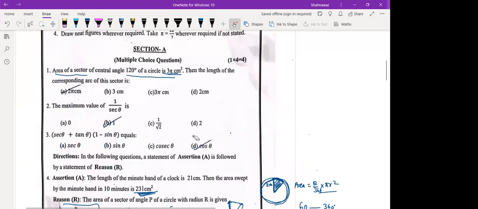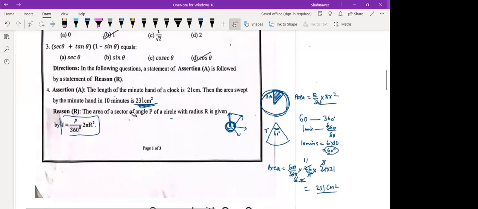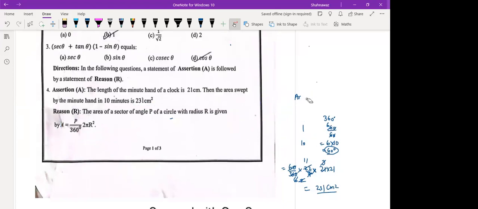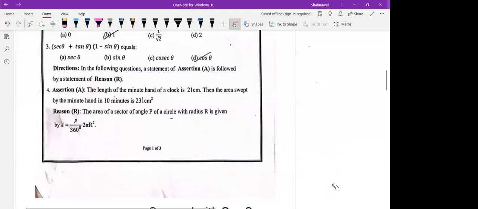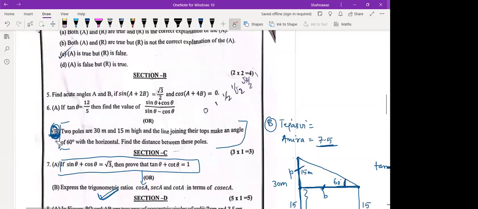Some of the questions have markings. So I was trying to find one sample paper in which, but so let us solve this